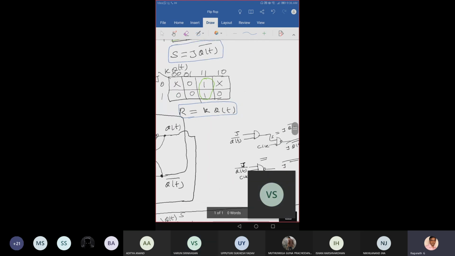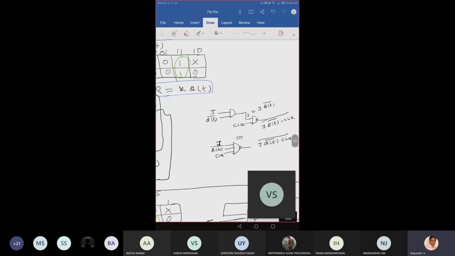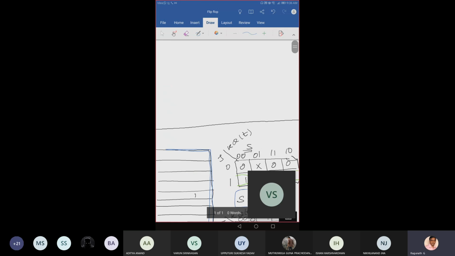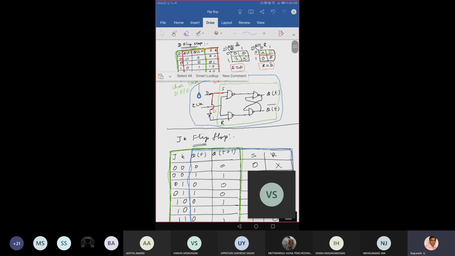Okay, so please understand, now this is the S and this is the clock. You just refer to the SR flip-flop, you can easily understand. Here, this NAND gate: one input of the NAND gate is S, and what is the other input of the NAND gate? This NAND, the circle. Where is your pointer? Is it visible or not?